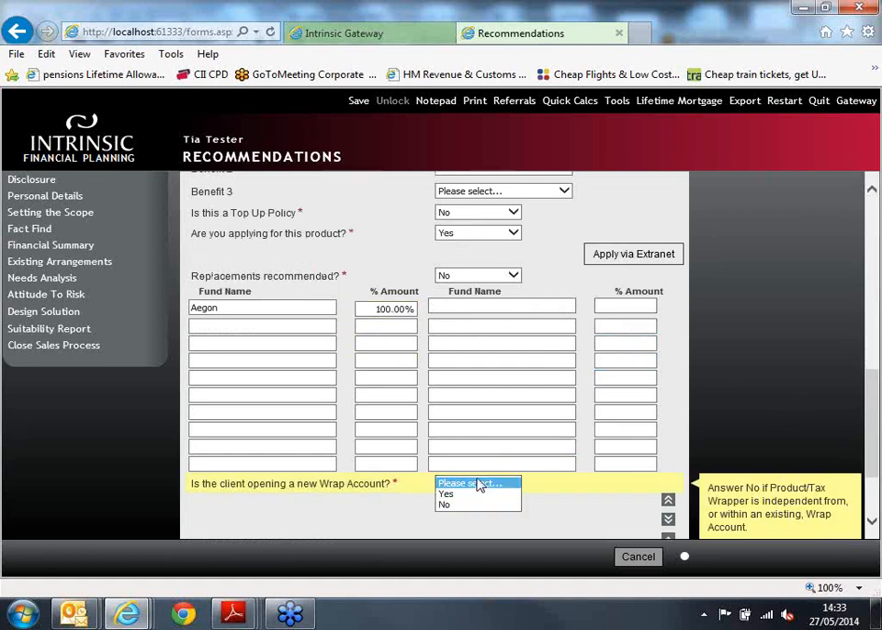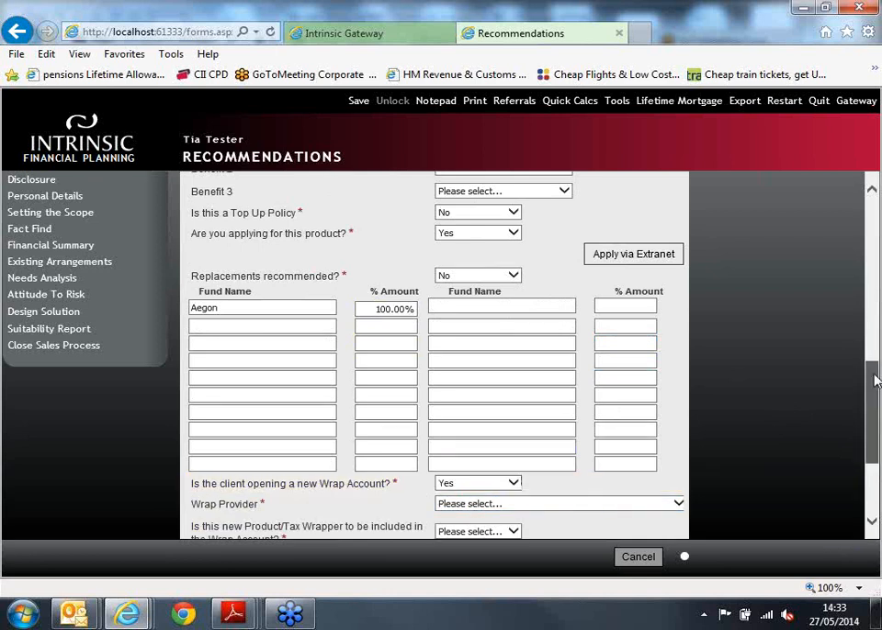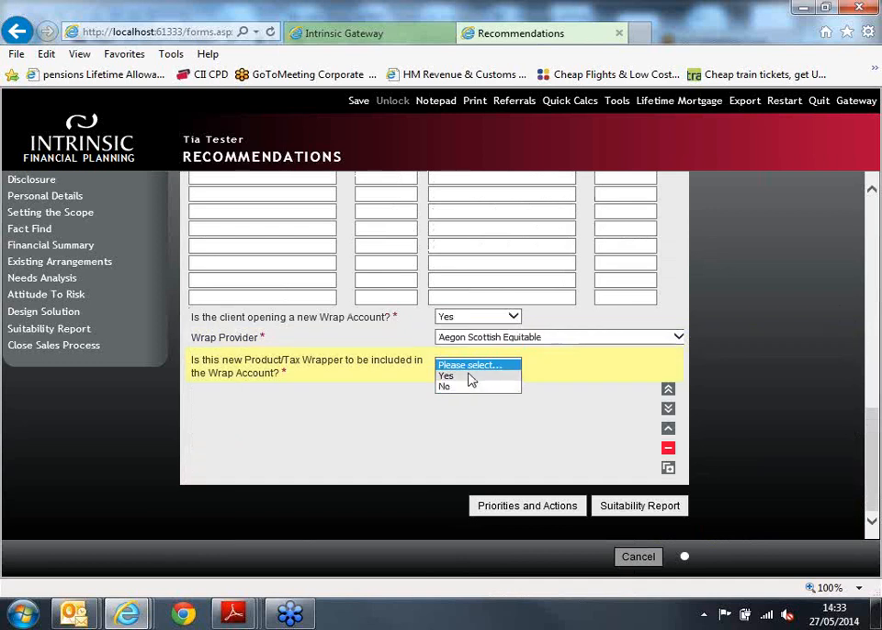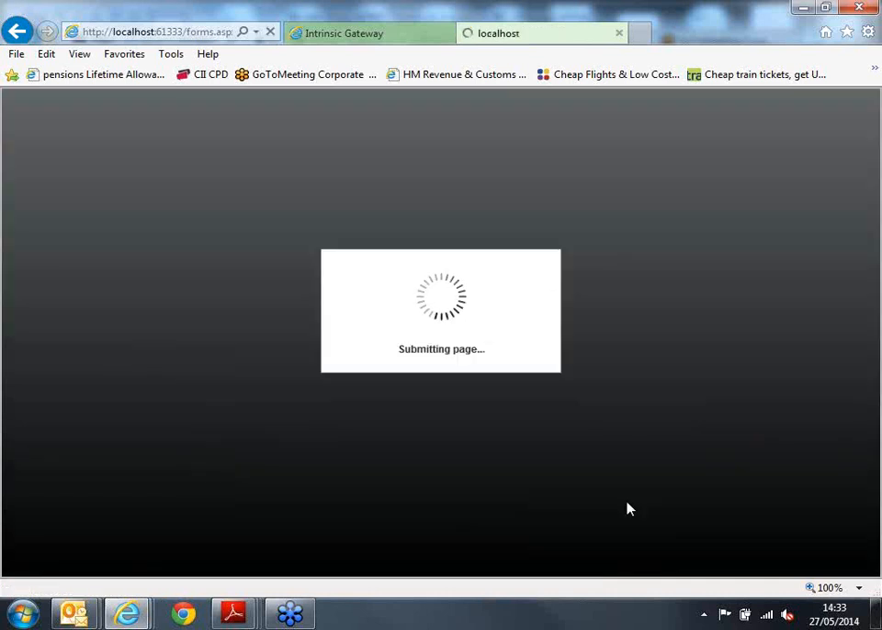Now, because it's a new pension and the client is opening a new wrap account, it's not a top-up, and the provider is going to be Aegon, and again it is a new product. So once you've completed that, you would just go to suitability report,